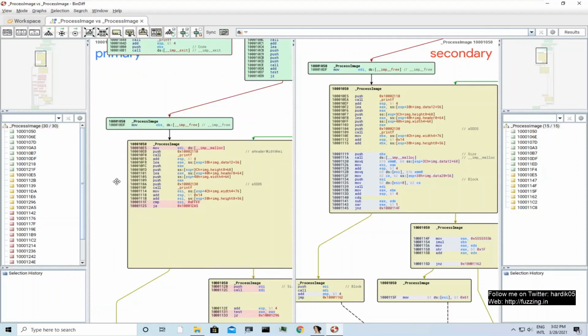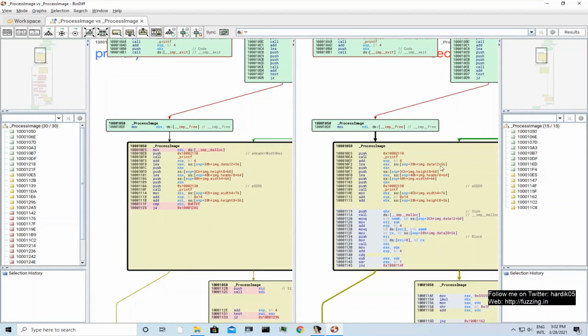The second thing to check is that in the unpatched file, you will notice that the program is reading some data, then it has simply added image width and height inside EBX. Then it has used this EBX as a parameter to the malloc call, as the size, and without any check whether malloc is successful or not, it is simply copying the data into the newly allocated buffer. So there are chances that the malloc call has failed. There are no checks at all, as you can see in this part of the code,